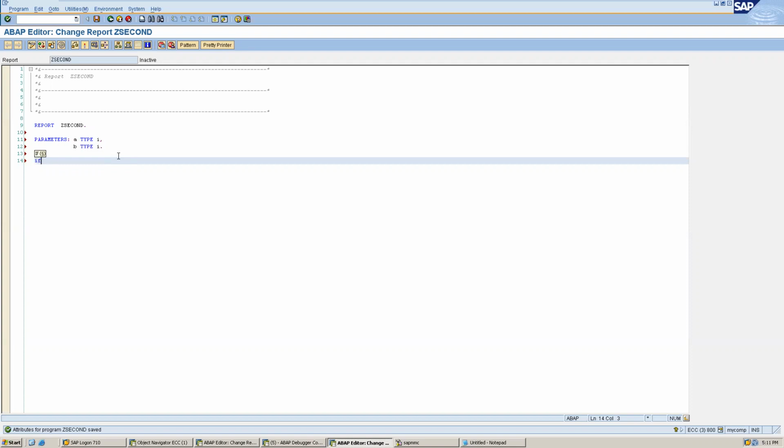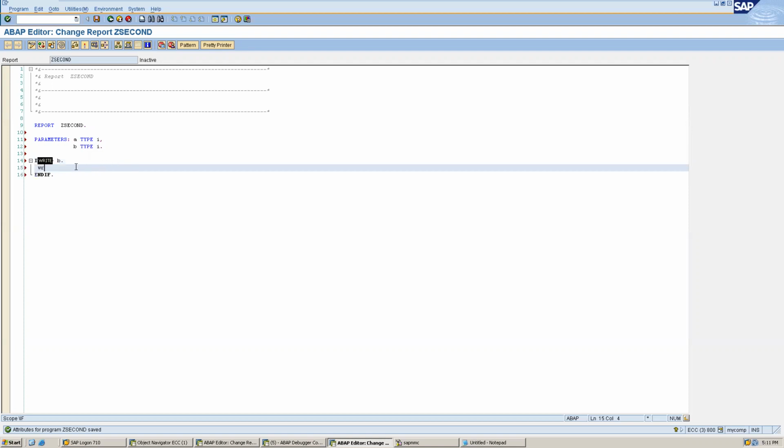So we can use IF, and here we check the condition: if A is greater than B, then we will write, for example, A is greater, and we can print the value of A as well. Else.